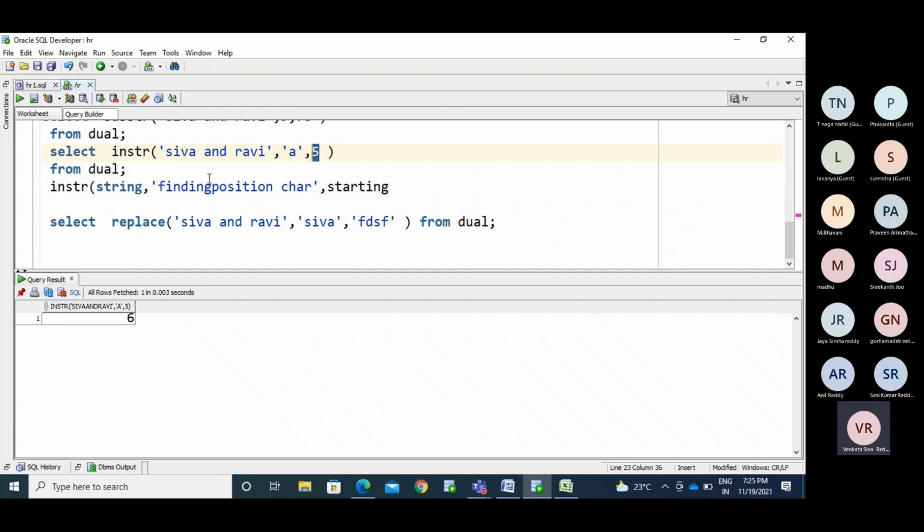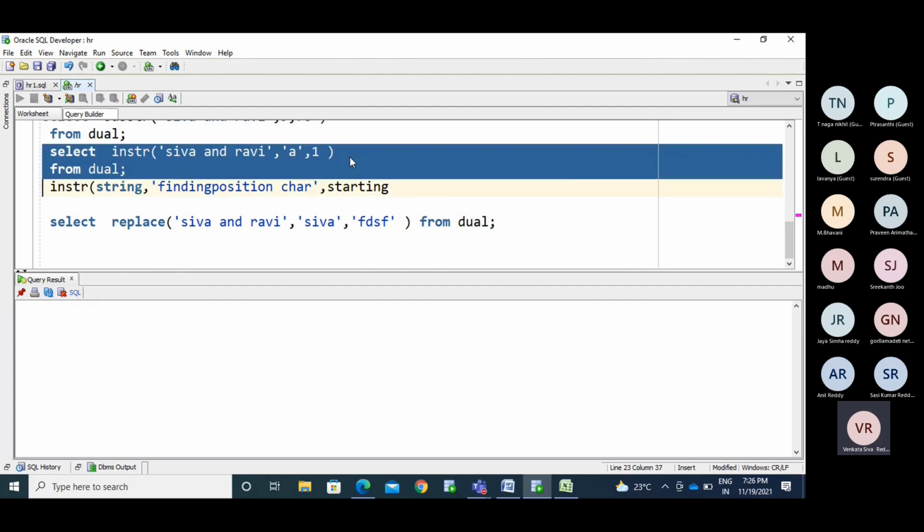You ask me to find the position of the particular character, so I need to start the search from the starting position, or from the middle or last. That you need to mention. So this is about the start position. Now I make it 1 here, and I'm getting 4.